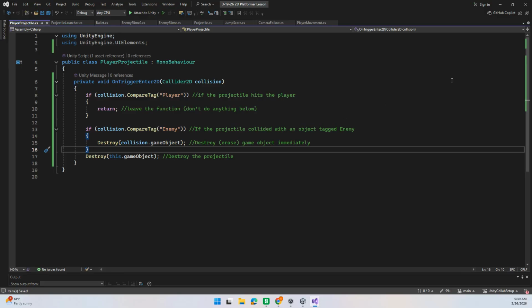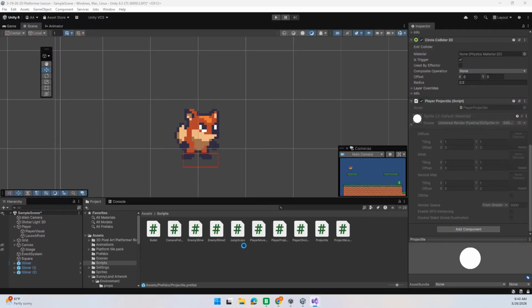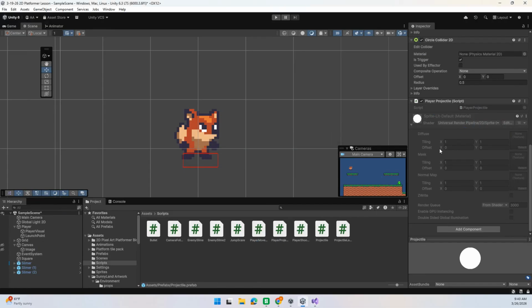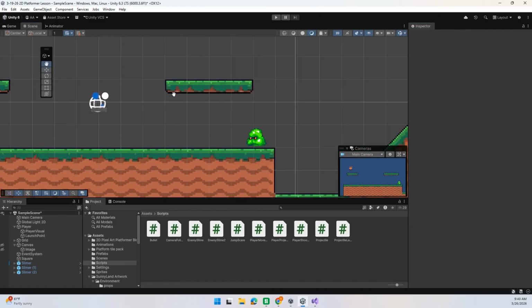Excellent. All right. There's one more thing that I kind of forgot to do. I forgot to actually tag something enemy. I did that previously, but let me show you how to do that as well. Make sure you save. And since that was connected to the prefab, I don't need to do any extra movements there. But for creating that enemy tag,